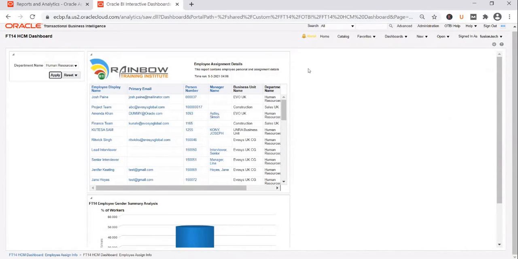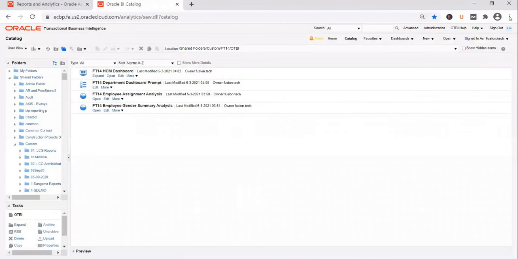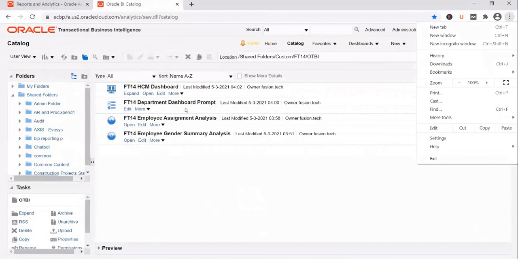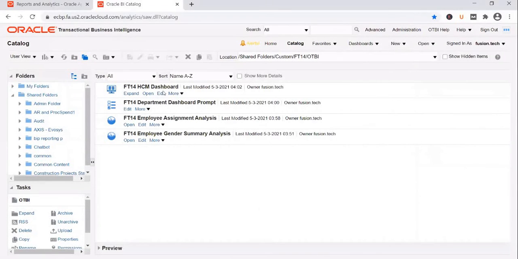So this is how you come up with a new dashboard, in case clients ask you to build one. You come up with a prompt first and you add in the reports, and all the parameters required by the reports will be added as columns on the dashboard prompt, and this will supply values to the individual reports. And on a dashboard, you can have multiple pages as well, not just a single page. So what we have seen so far is how to create a new dashboard prompt and how to create a new dashboard. Now let's see how to make some changes to the existing dashboard.